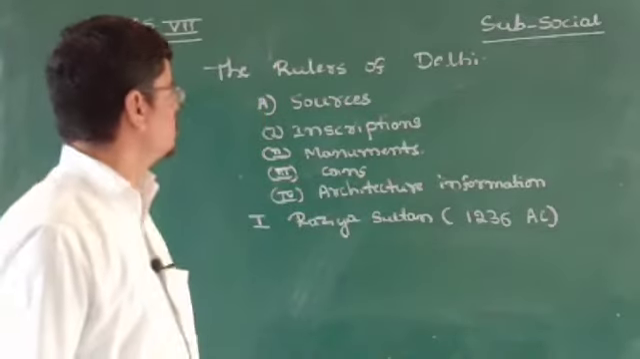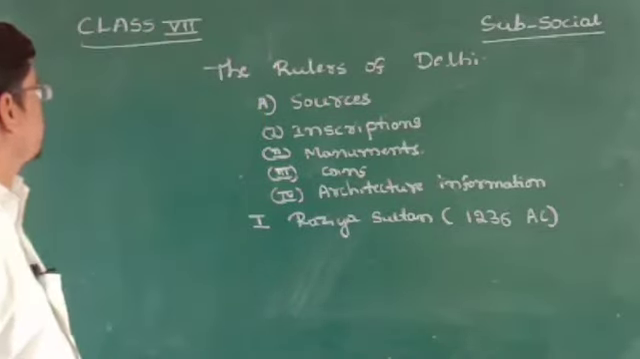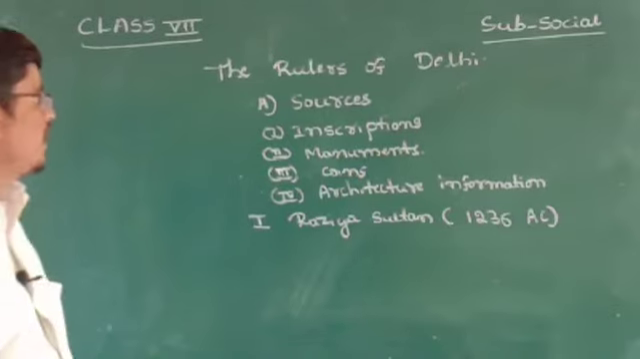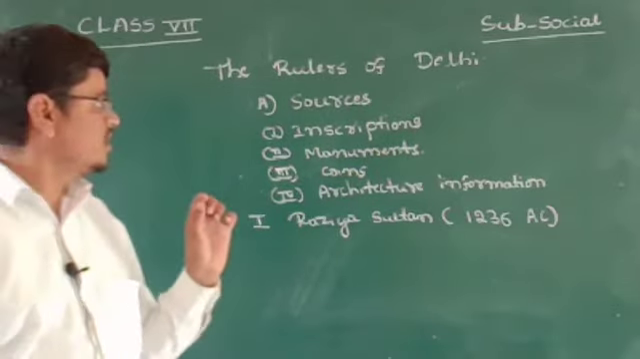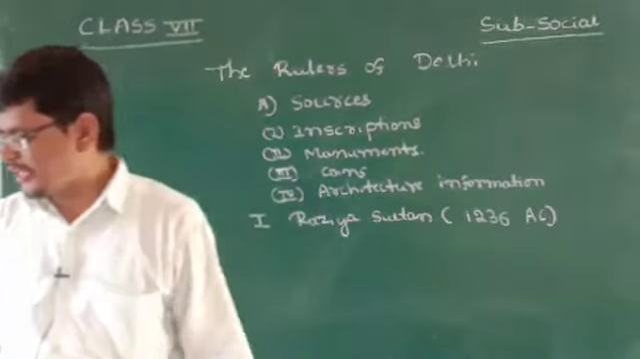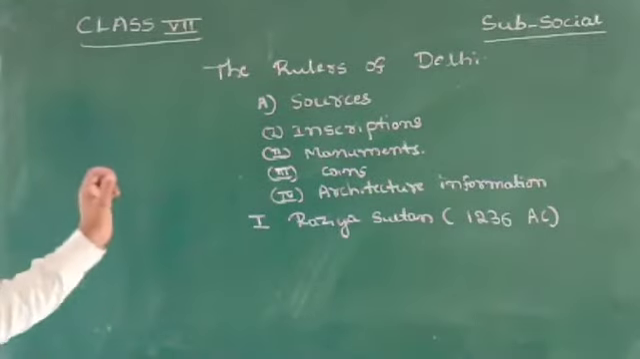Good morning, students. Today I am going to discuss social studies, class 7 standard. So it is the second chapter, the rulers of Delhi. The rulers of Delhi. Let us see, before going to start this lesson,